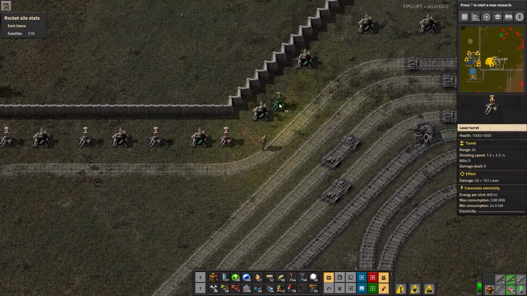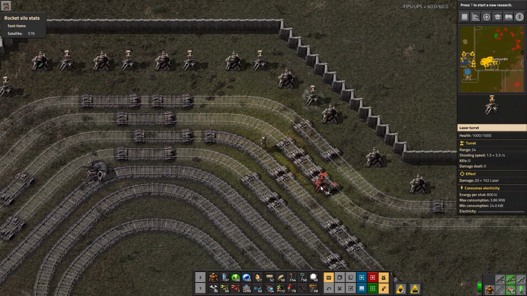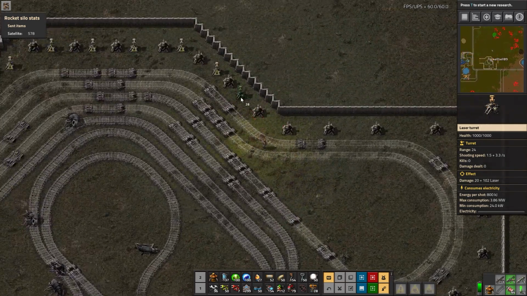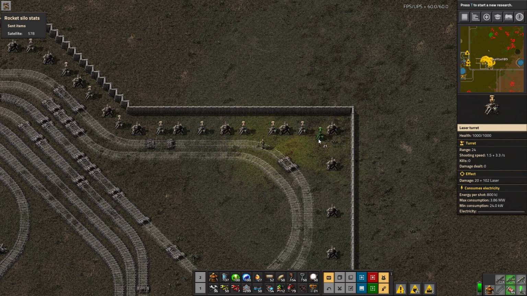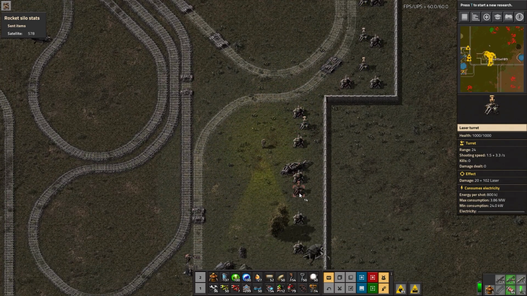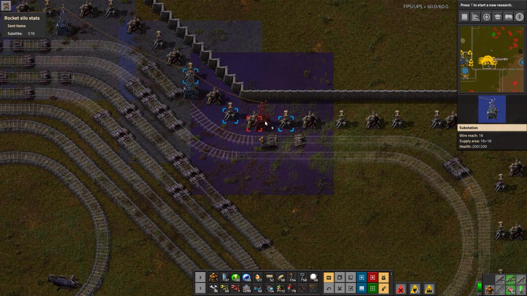And then, if I wanted to be super fancy, I could maybe put solar panels and accumulators in the middle, so that way I don't have to get a power supply over here. It's just powered by itself, because it's self-sufficient. That would be awesome. You're saying this will not end well? Alright, you guys, well...